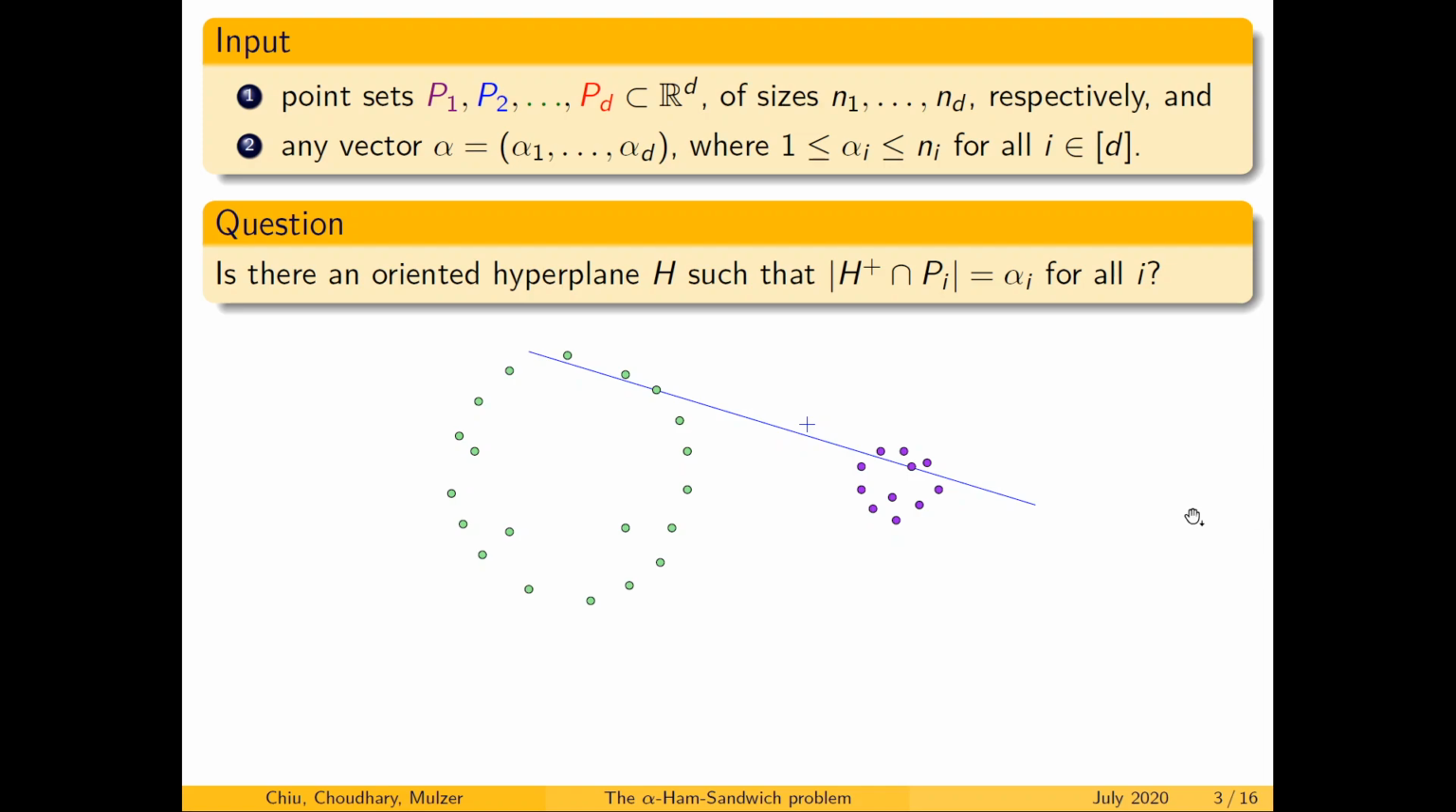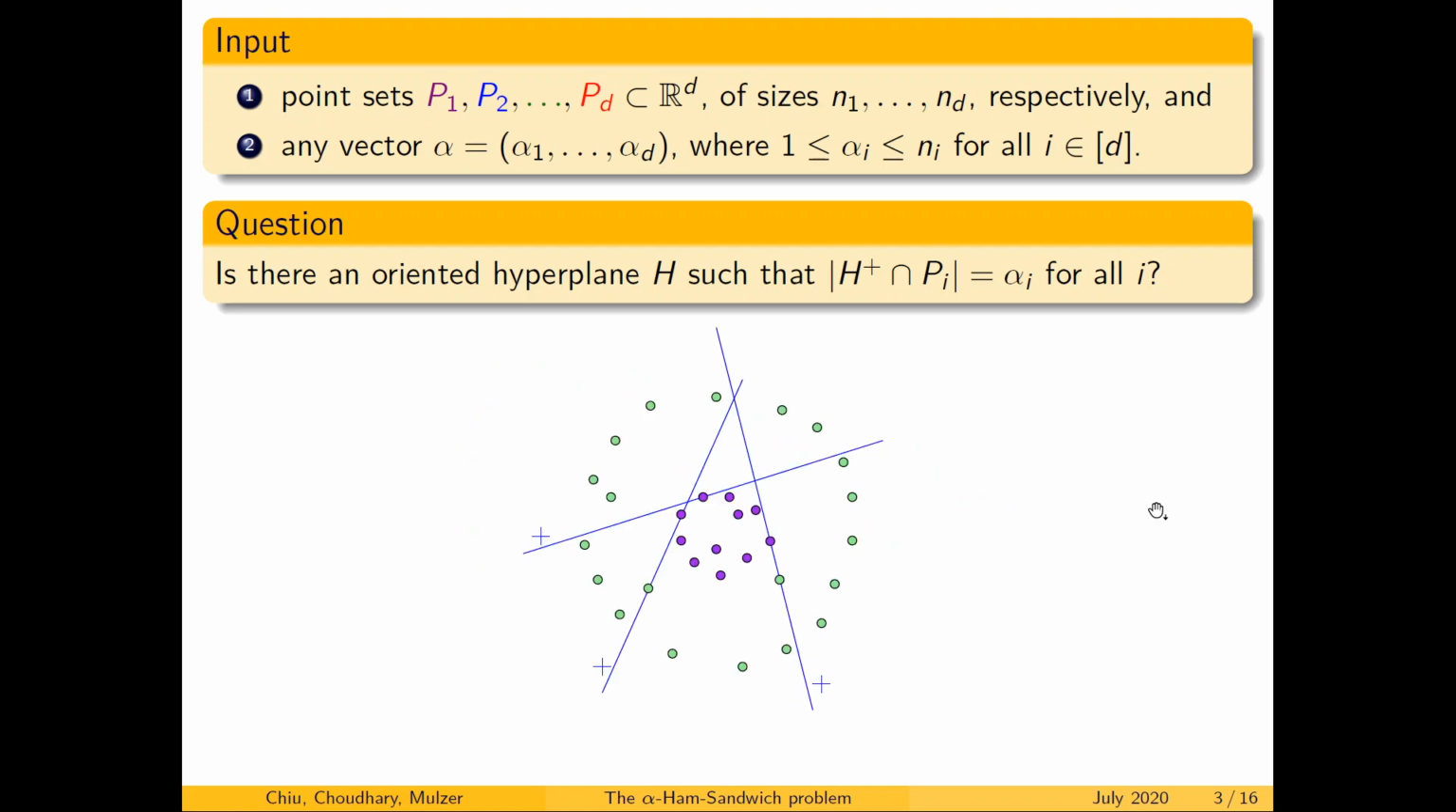In this simple example over here, we have two point sets in the plane, and the space above this line contains 3 green points and 4 violet points. In this case, we can try many different combinations of alpha i, alpha 1 and alpha 2 for the green and the violet points. If we move these point sets a little bit so that the convex hull of the violet points is inside the convex hull of the green points, then we see that whenever we want